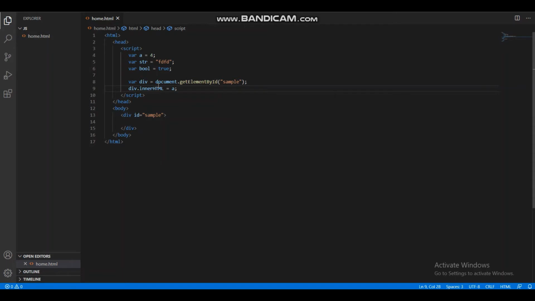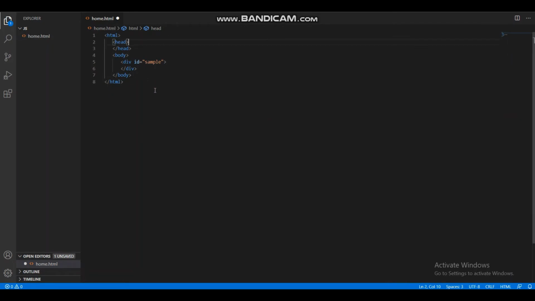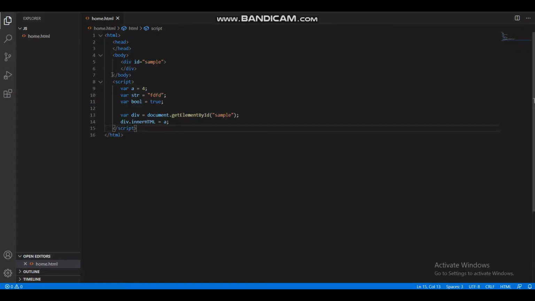Before we see the output, we write the script tag below the div, because before the div is loaded we can't assign a value to it. After saving and refreshing, the output is 4, as the value of a is 4.